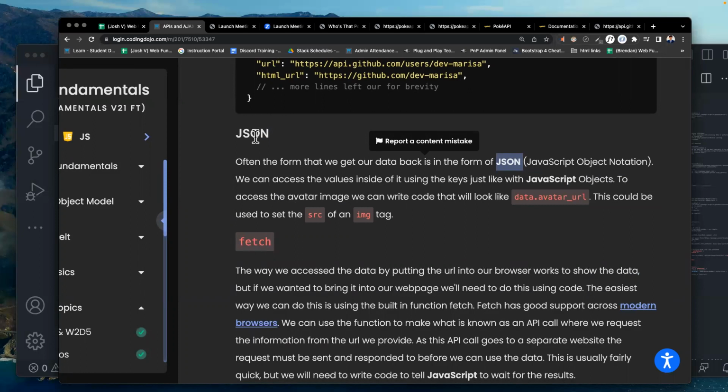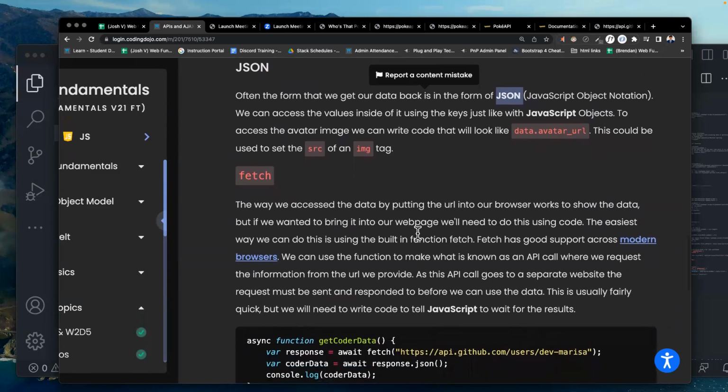In order to access this JavaScript Object Notation information, we need to make a fetch call. In order to grab that information from another API, we need to fetch that information, right? It's not local to our application. We didn't build this stuff. We need to fetch that information.